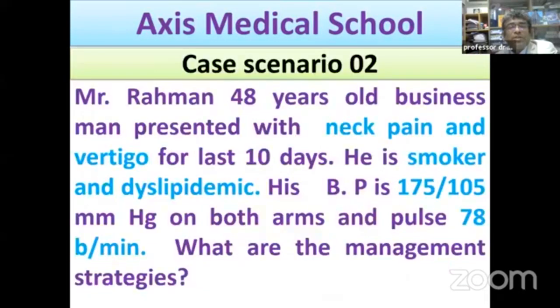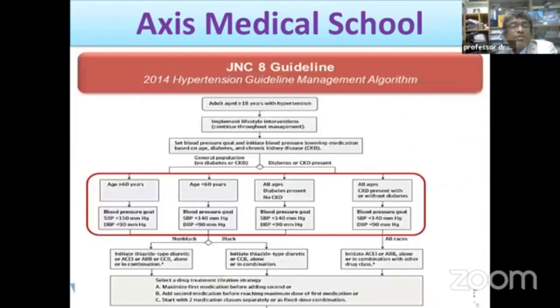So from this case scenario, what we have learned today: as the patient, what may be the presentations of a patient with hypertension, number one. What may be the other risk factors along with hypertension of the ischemic heart disease. So staging of hypertension, so in which stage a patient with hypertension is now on, so he should be treated as such. As the patient has got stage 2 hypertension, so he should be treated with at least two groups